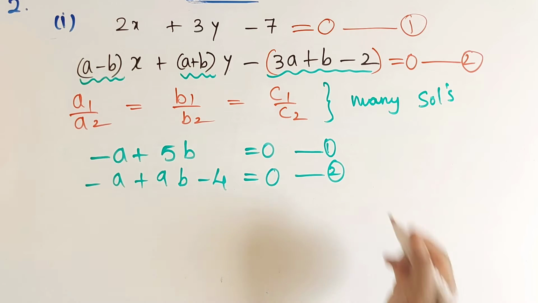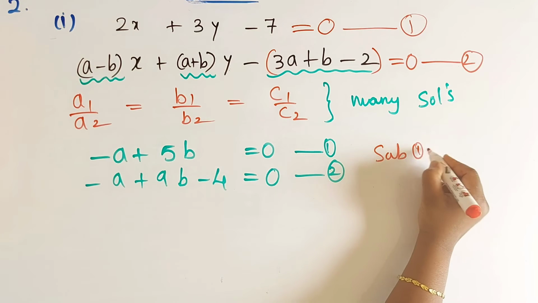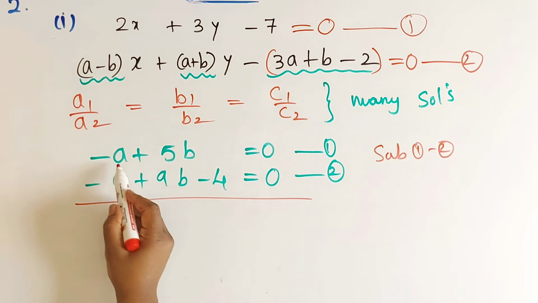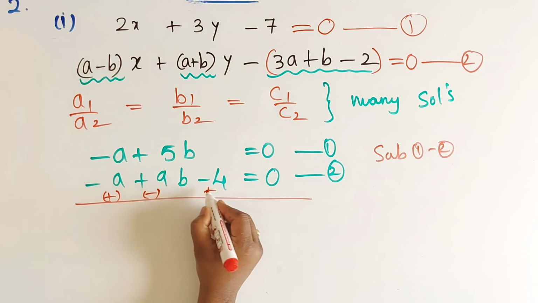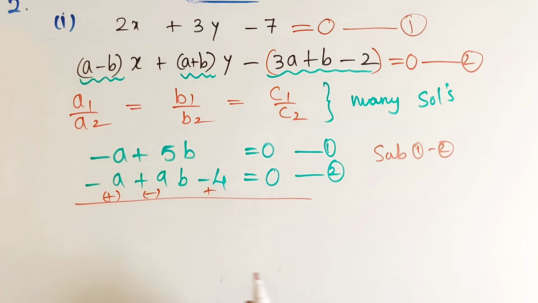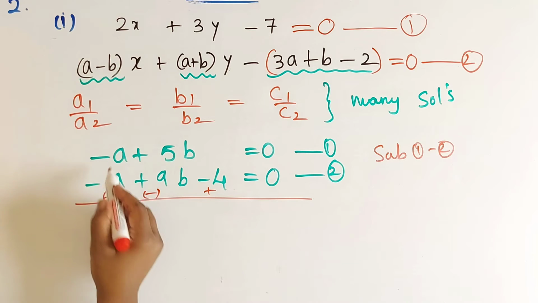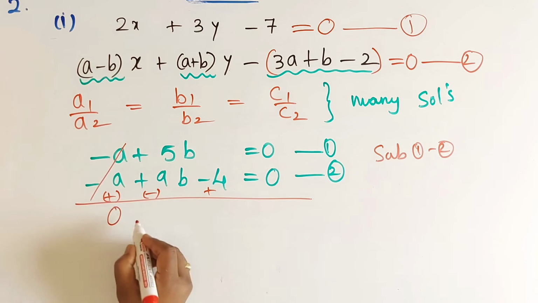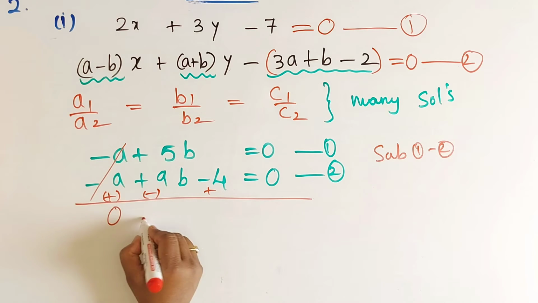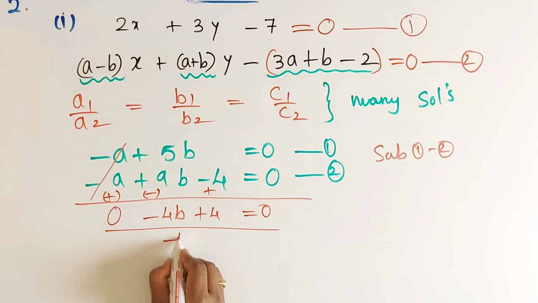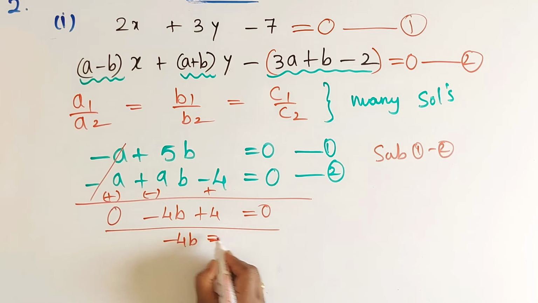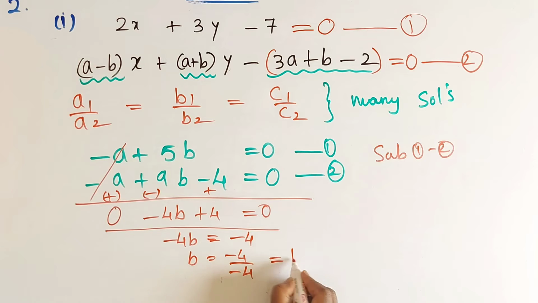These are the two equations, children. So I am subtracting the equations. Subtracting 1 minus 2 because I can eliminate the first term. Now change the sign, plus, minus and plus here. Right children? Here nothing is there means 0. Right? If you want you can write: minus a plus a, it will get cancelled. It is 0 plus 5b minus 9b is minus 4b, plus 4 equal to 0, children. So from here minus 4b equal to, send this plus 4 to the right hand side, minus 4. Now b equal to minus 4 divided by minus 4, it is 1. Therefore, b value is 1, children.